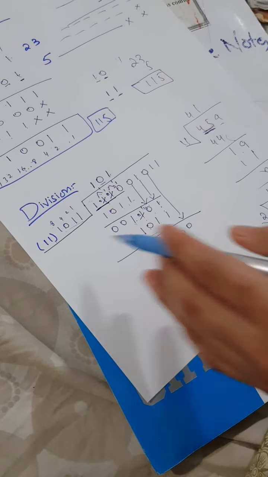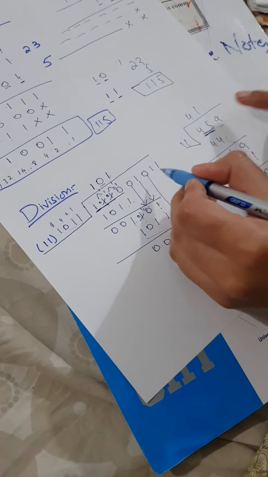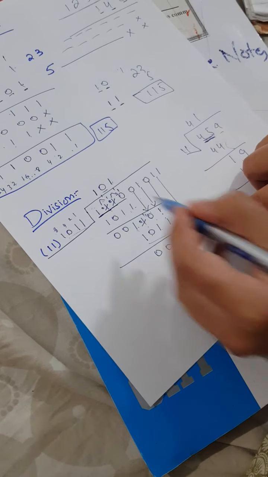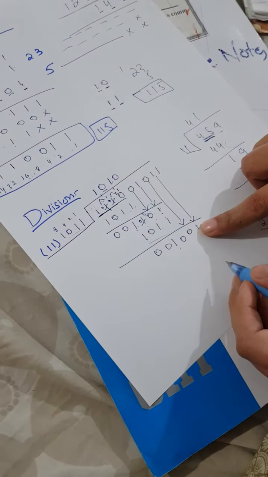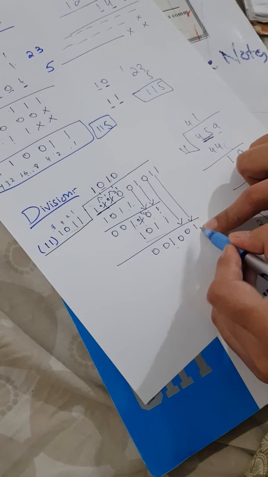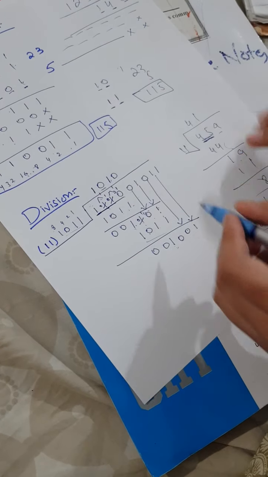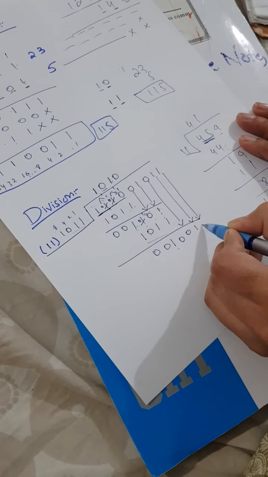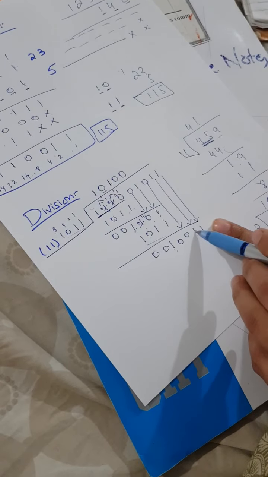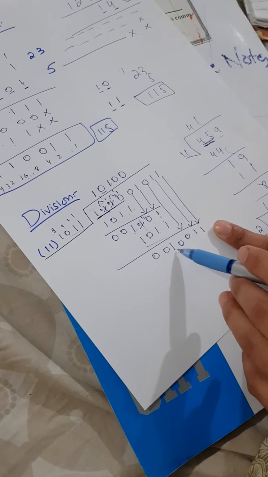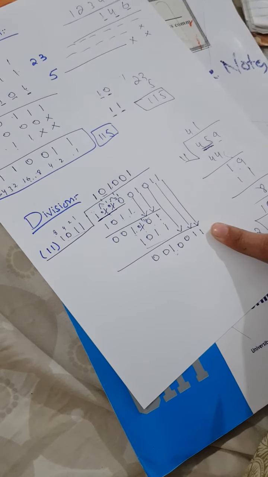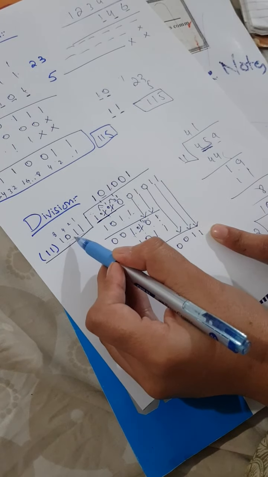1 2 4. 4 is less than 11, so you cannot divide it. You need another bit 1, but you have 2 bits, so you will put 0 here. 1 0 0 1. 1 2 4 8. 8 plus 1 is 9. 9 is still less than 11, so you cannot divide. You need another bit. You will take another bit down and you will put 0 here. Now this is 1 2 4 8 16. 16, the value is 1, so it is greater than 11. So now you can divide. So you will divide it 1 and you will write this sequence of bits here.